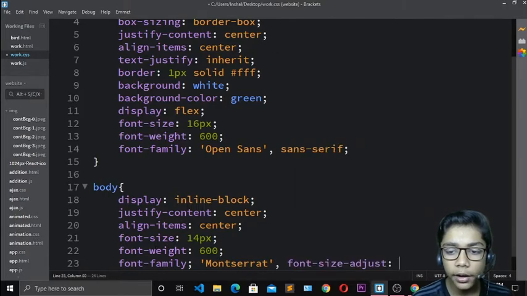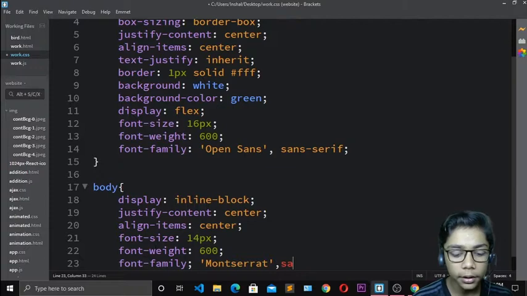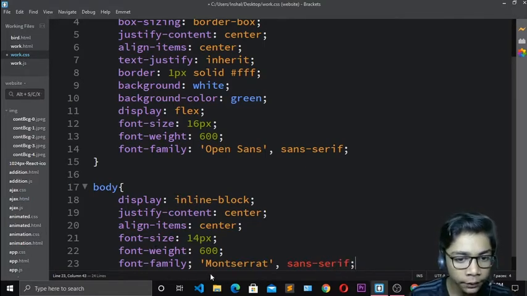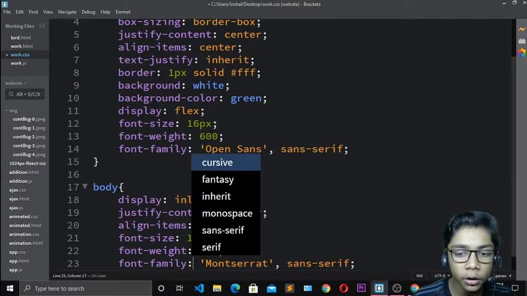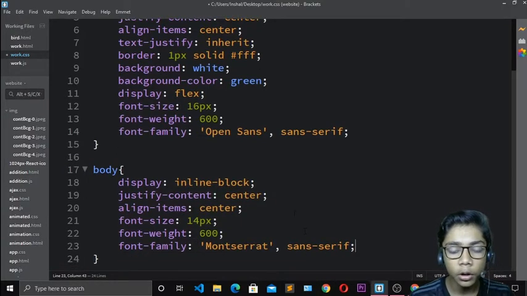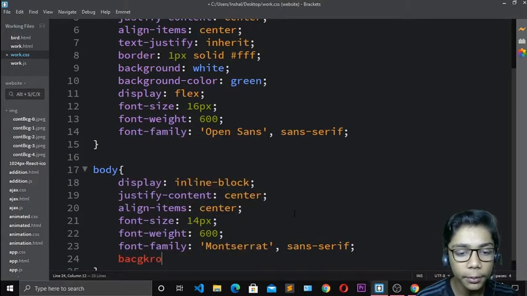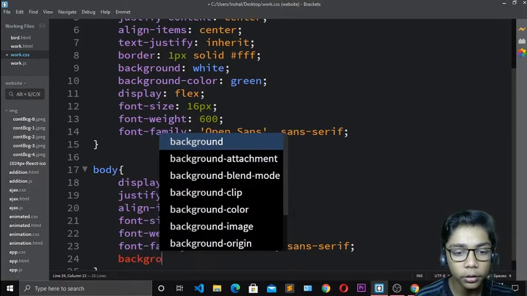Now it is not coming again. So I will write sans serif. Okay. So now do like that, and now you have to close that. Now when you've done that, take it to semicolon, because we have written the same colon over here. Now come over here again, write background. Okay, so the background should be green. So I will define background green.